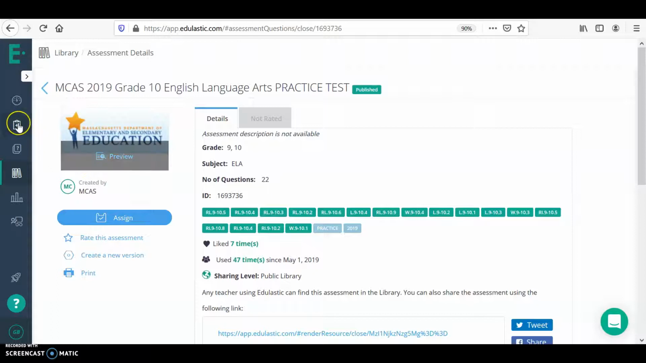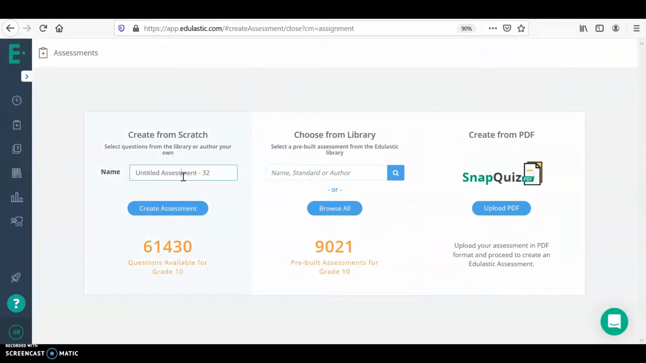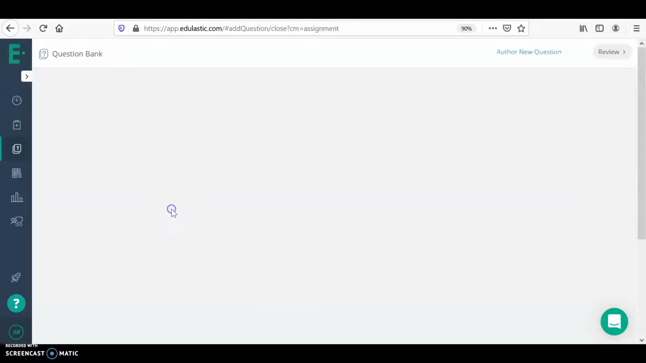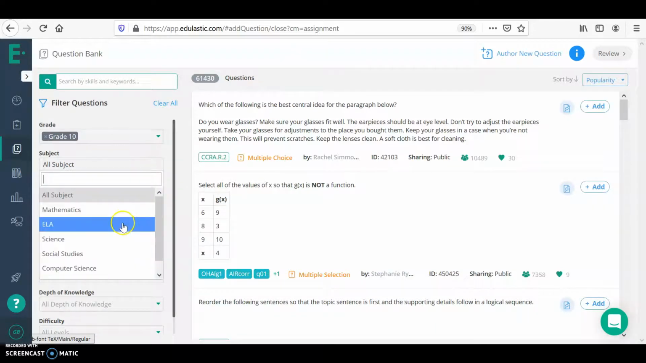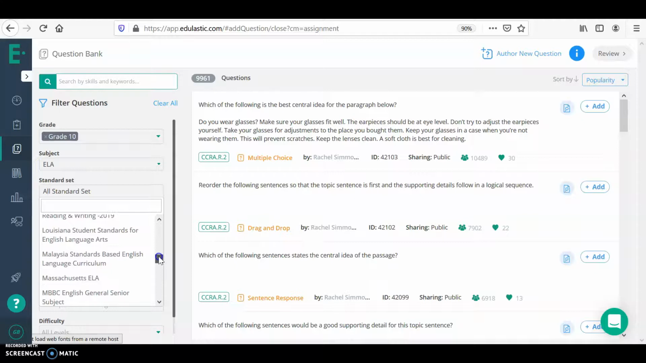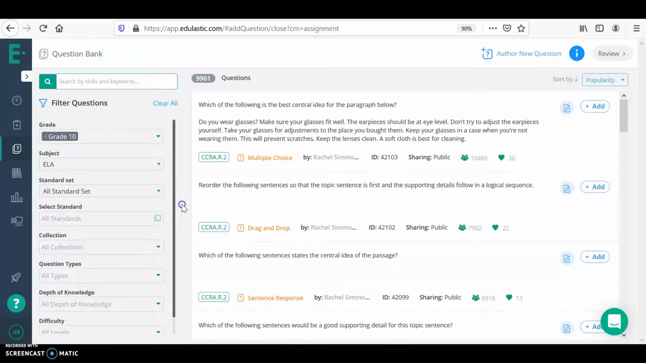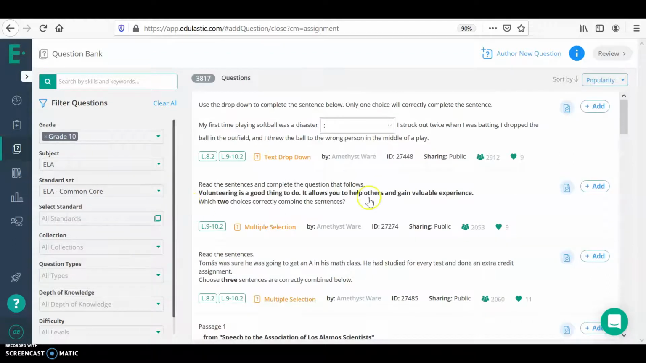If I want to create my own assessments, that's relatively easy also. I'm going to click new assessment. I'm going to give it a name. All right, and I can put in the subject matter, whatever subject it is, any standards I might want to put in, whether it's Common Core. I believe Massachusetts has their own ELA. I can put in the standards. I typically use Common Core. And